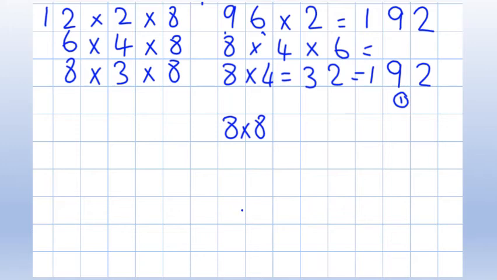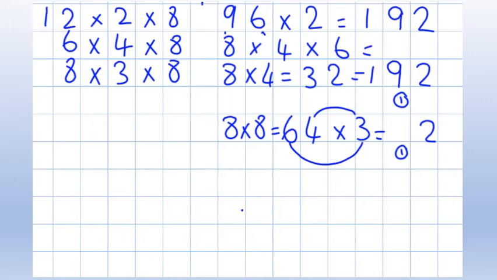And then I'm going to multiply it by 3, because I know that 8 times 8 is 64. And then I'm going to multiply that by 3. So 4 times 3 is 12. I haven't left myself enough room, I've just realised. 6 times 3 is 18, so 60 times 3 is 180. So, fantastic, I must be doing something right because they've all come back to